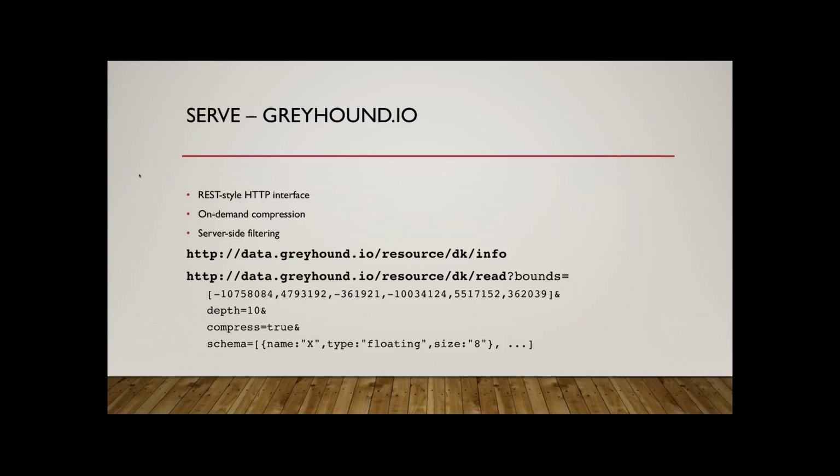The server component is a software called Greyhound. Again, it's open source, and it's a Node.js server that simply answers requests from web clients and turns them into requests into an Entwine organized data collection. And so this piece of software is what allows clients to be more flexible in how they make requests to the server. That allows them to do on-demand compression, so they could ask for data as compressed or not compressed depending on their capabilities. It allows them to do server-side filtering, only give me data that's classified as ground, for example, or only give me data that's classified as vegetation,